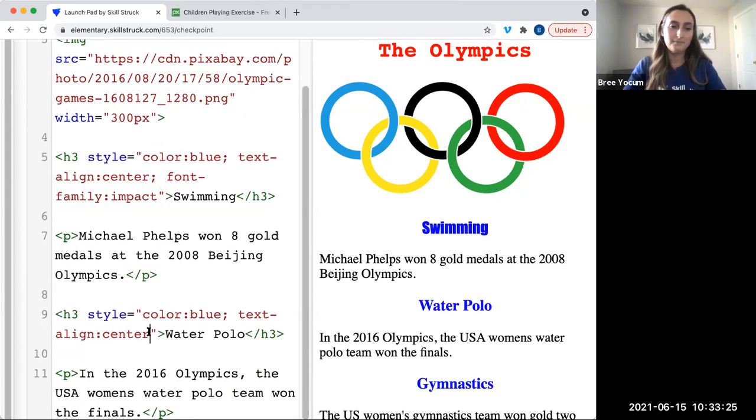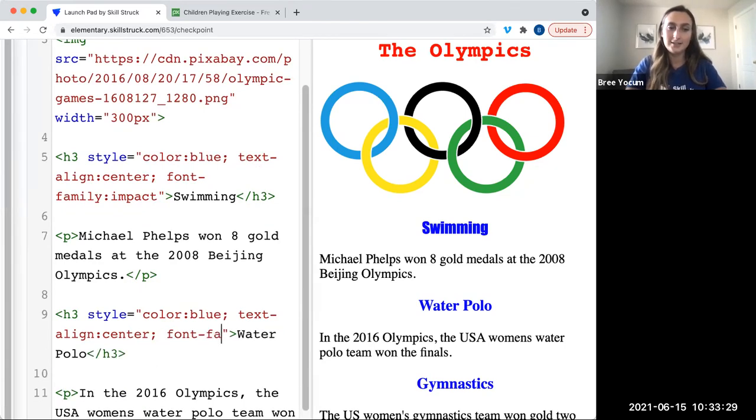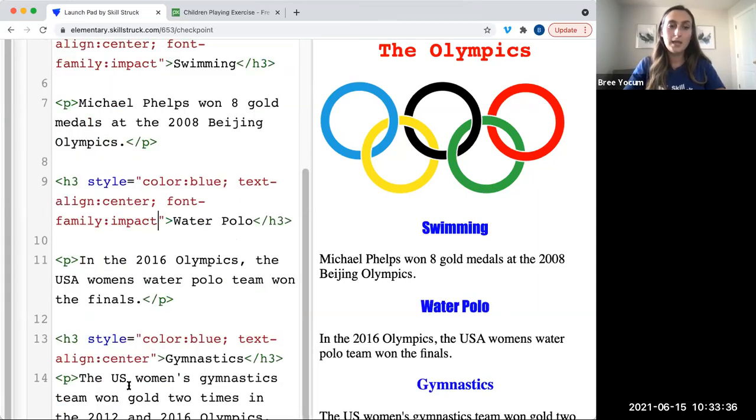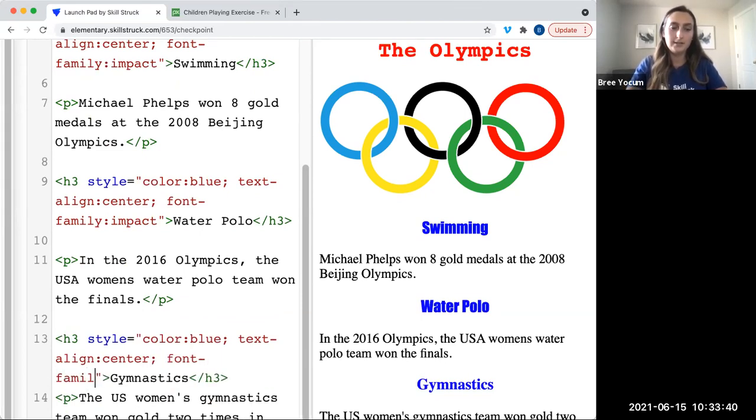And then I'm going to make that the same on all of these so it looks nice and streamlined. So I'm going to make my font family Impact for swimming, water polo, and gymnastics. Font-family, colon, Impact. So again, play around, find out the different fonts that you can do. These are all just